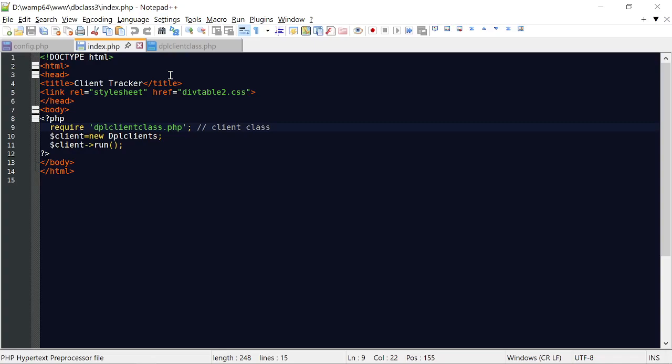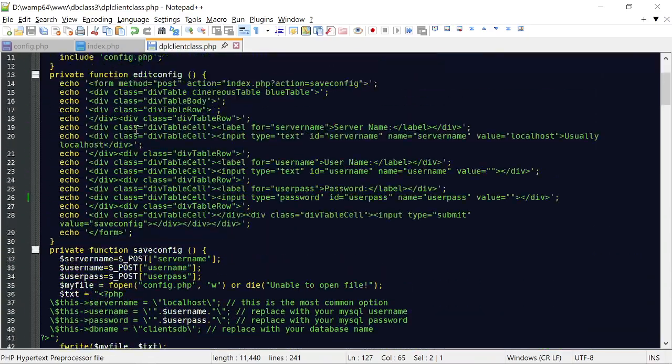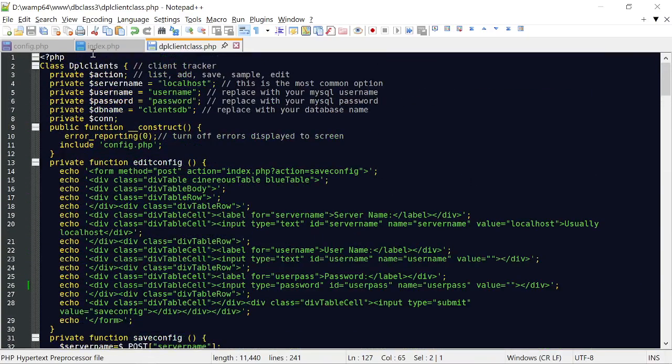So this is the index file that starts the program out, which basically just has a style sheet in it, and it requires the class that I set up that has all the code in there for running the client database for you, and then it says client run, and that starts out the program. And we come back up to the top of this, and we have a few things defined at the beginning,